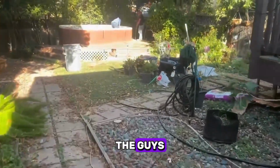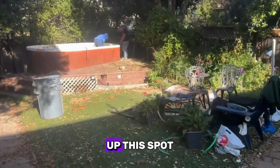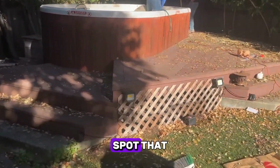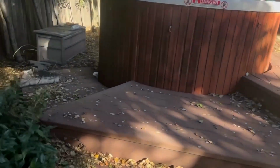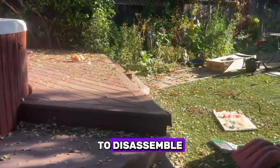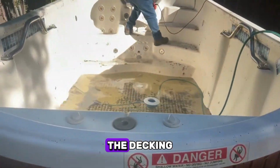As you can hear, the guys are already cutting the spa up. This spa actually took a long time to cut up. It was quite a large spa that the people didn't want anymore, and the whole base was made out of metal, so it was difficult to disassemble. We also removed the decking around the